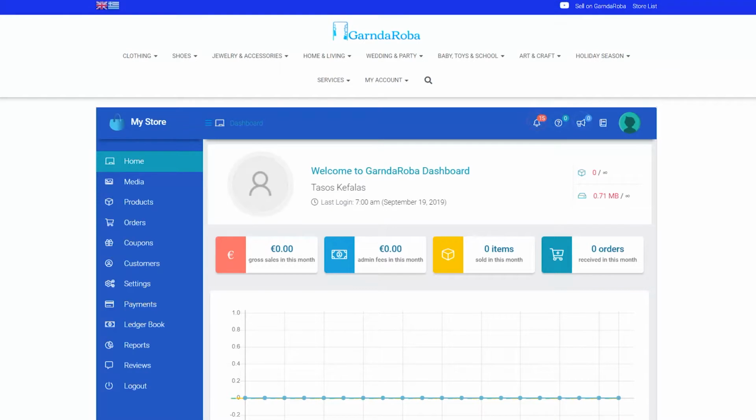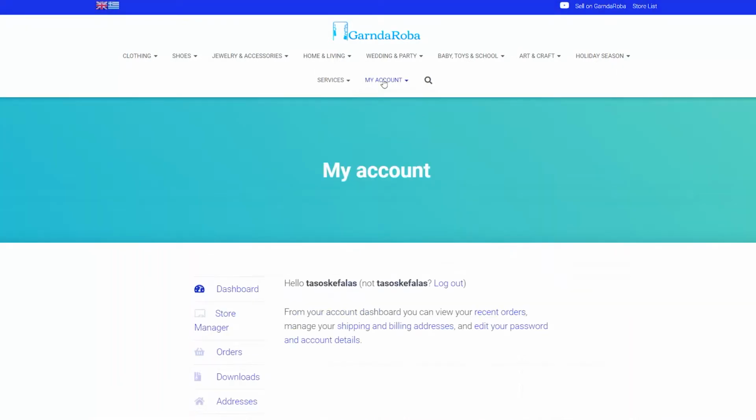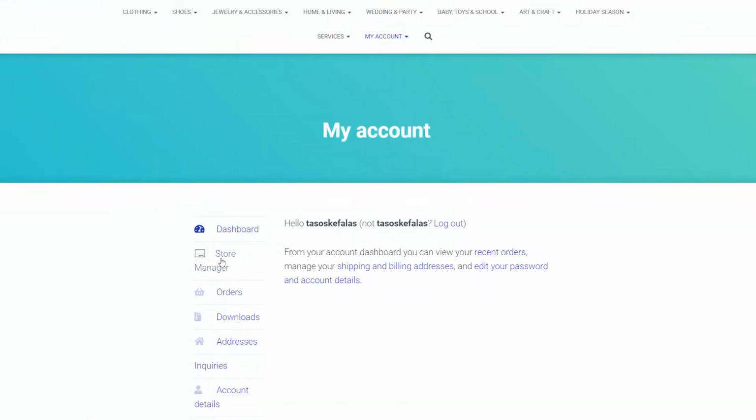So basically, this is your store manager. To get to this place when you log in, you can either go directly here, which says store manager, and then log in, or if you go to my account, then you will see here store manager. And you also have other things. If you order from our site or you download something, this is as a customer, but the store manager is